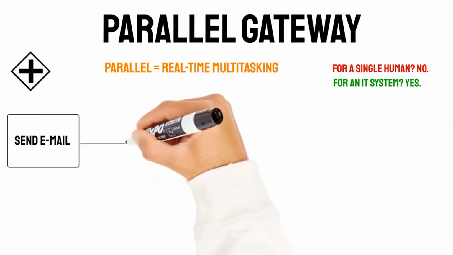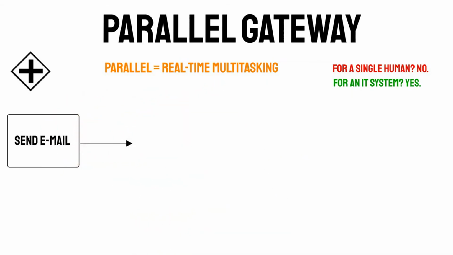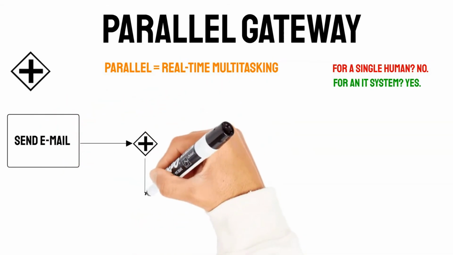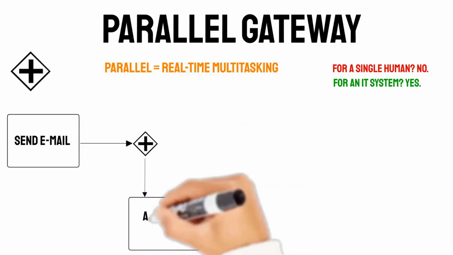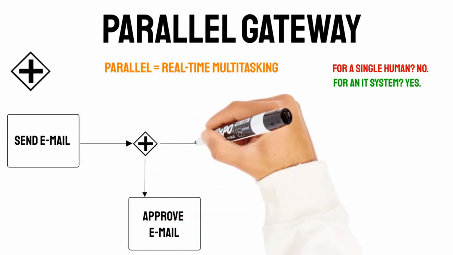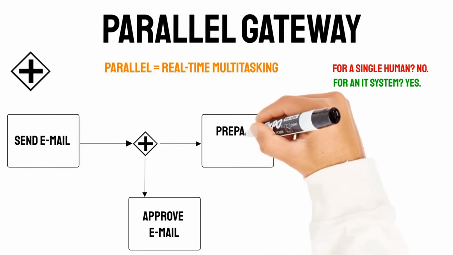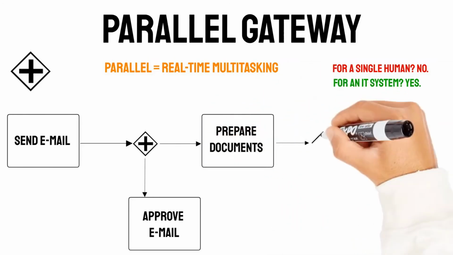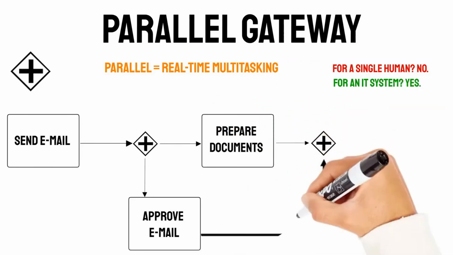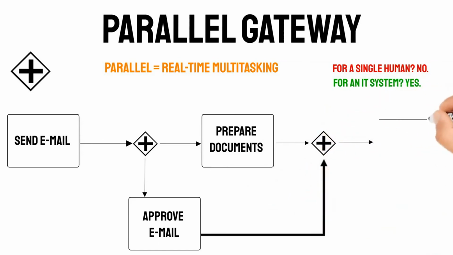In order to do this, you first write an email to the assistant of your boss. This email needs an approval from the assistant. While the assistant is approving, you are in parallel preparing documents for the call with your boss. And when, and only when, you prepared the documents and you got the approval, only then you would call your